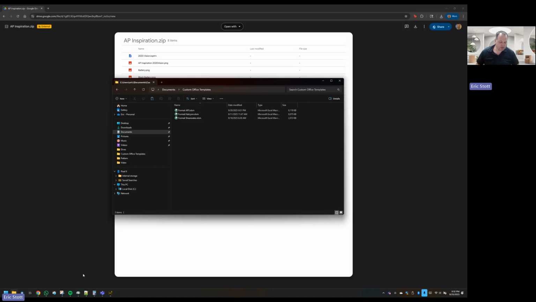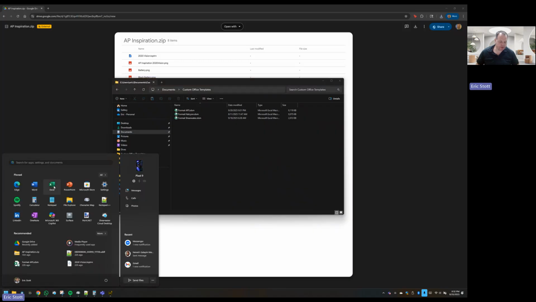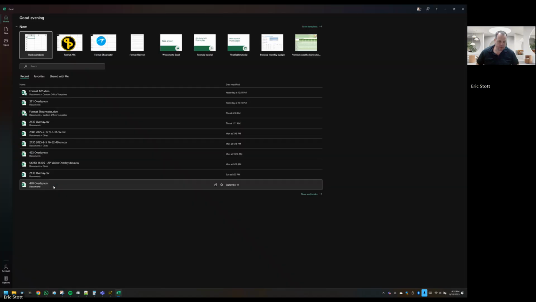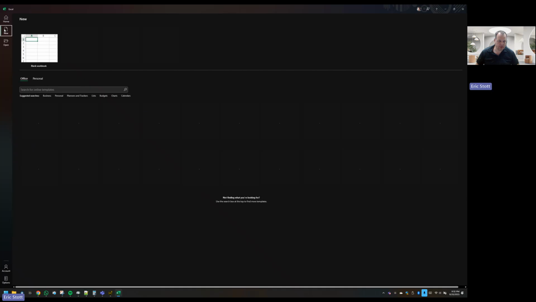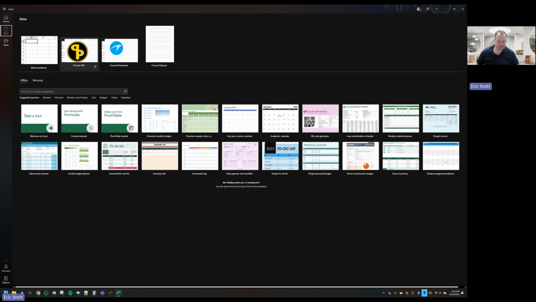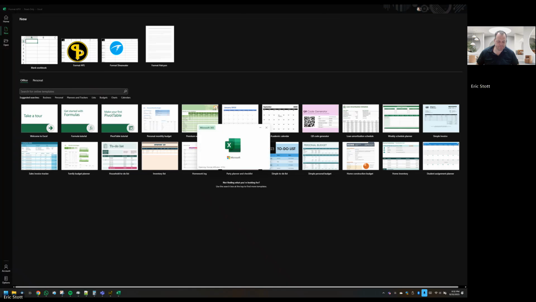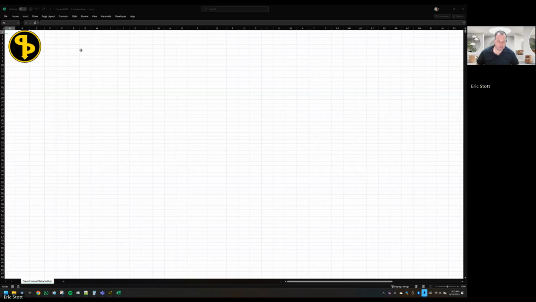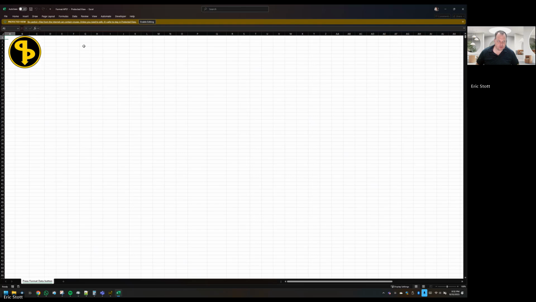spreadsheet, or you can actually just go and open up Excel. From Excel, you can go New, and you should see a Format APS document there. Once you open that up,